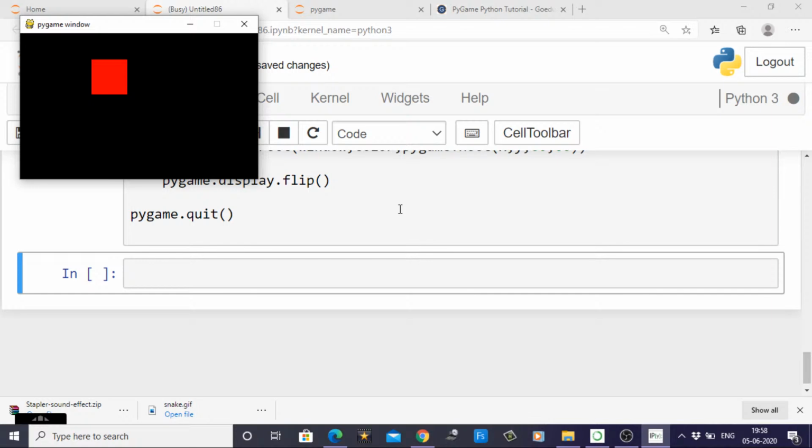Okay, so I have created a small application in which I have created a square, and I'm moving this square left, right, top, bottom. Okay, so next thing is I'm just going to do